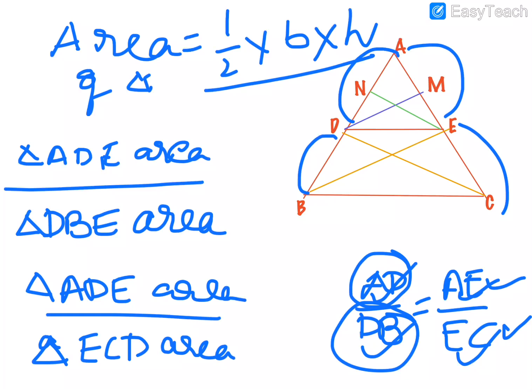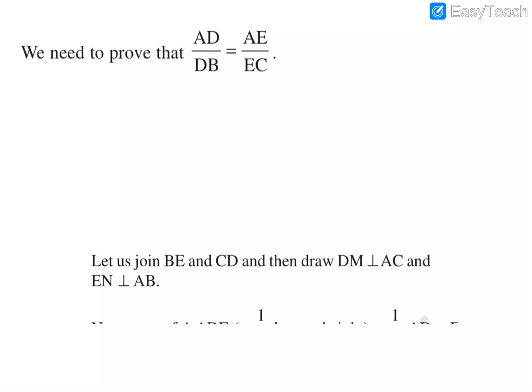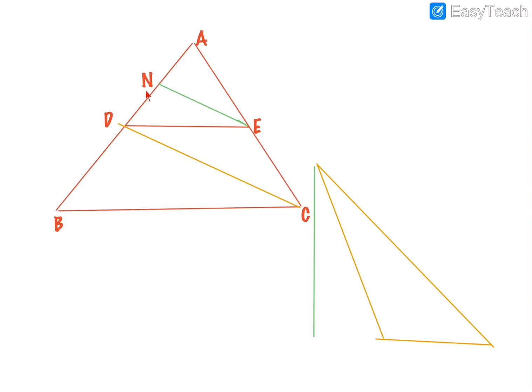And other than that, when you divide this, half will automatically get cancelled. And here if you can observe, this particular EN line is perpendicular for ADE triangle also and DEB triangle also, means these two triangles have the same perpendicular. This is the height for both the triangles. So though EN is not inside the triangle, still if you observe this shape carefully, if you observe this DCB triangle, when you draw this, it will come like this. When you turn your book and see this, it will come like this.